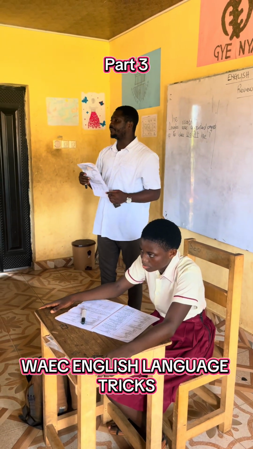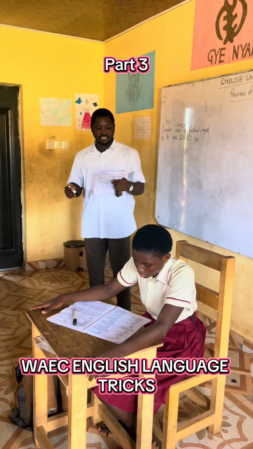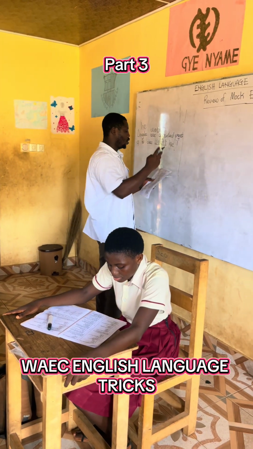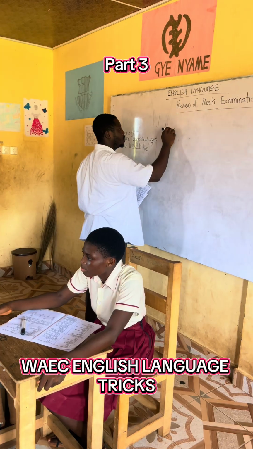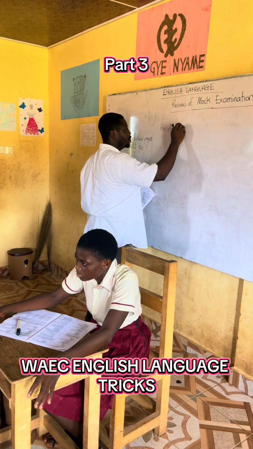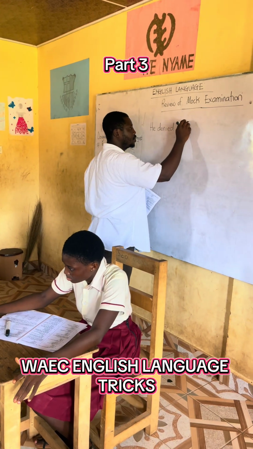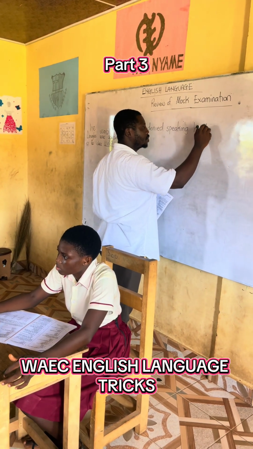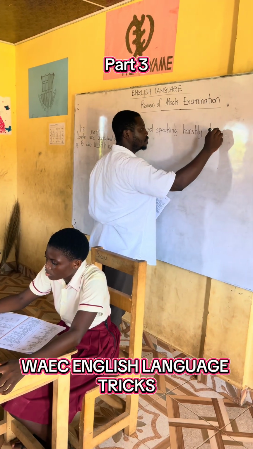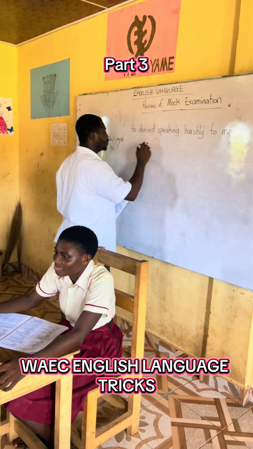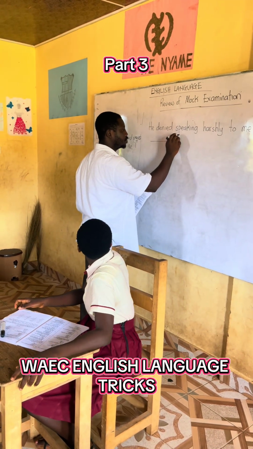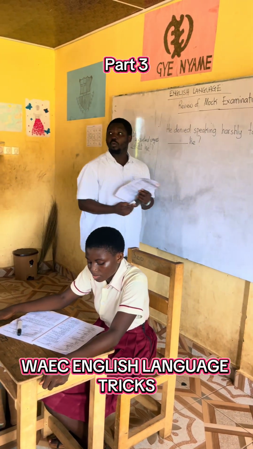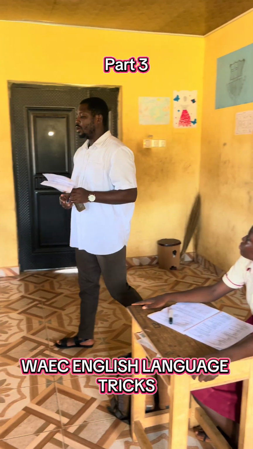Let's look at question 15. It says, he denied speaking harshly to me. Okay, so that is the question. With this one, we all know that with question tags, you always have to look